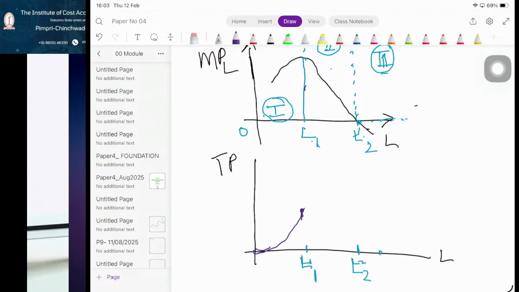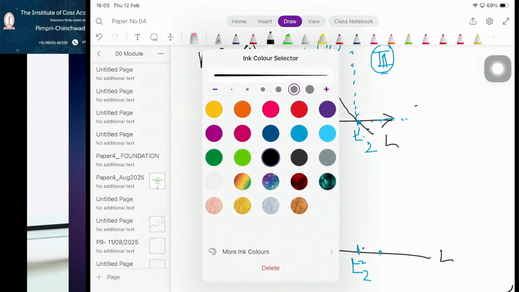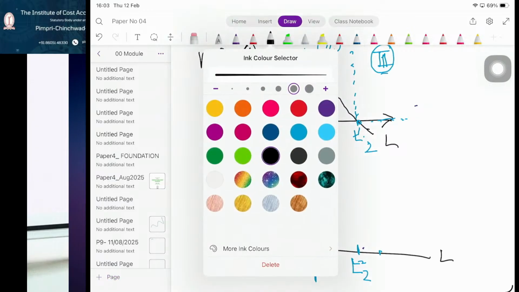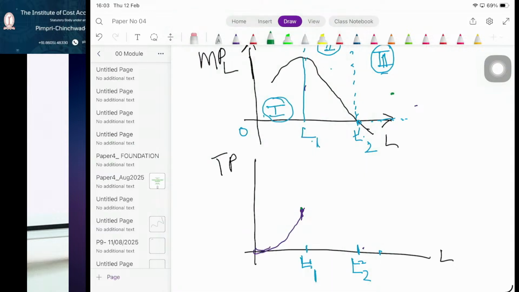After L1 to L2, production is increasing but at a decreasing rate. Let me use another colored pen, a dark green. Between this and L2, it is increasing but at a decreasing rate, and when it goes into zone 3,